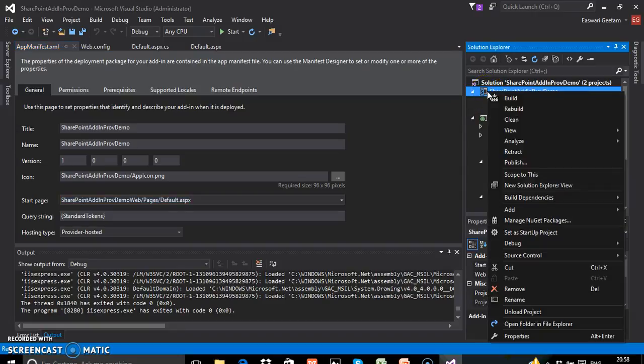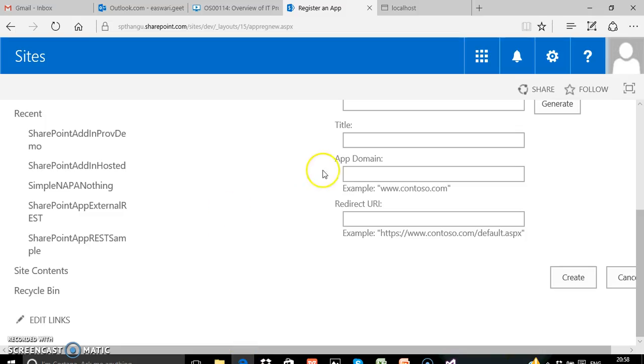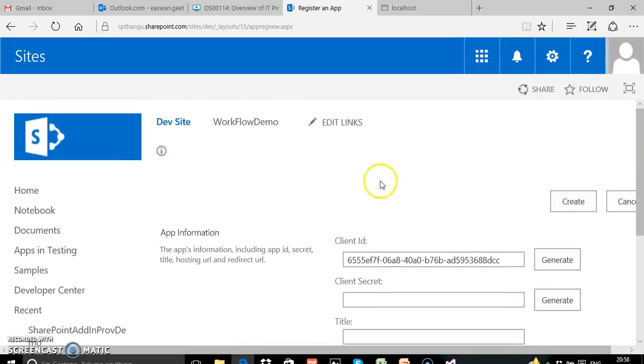And then right click publish. And once the publish is done, it will publish into an app folder, and all you need to do is upload the app either into the app catalog or go to the